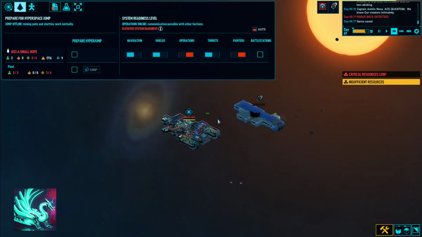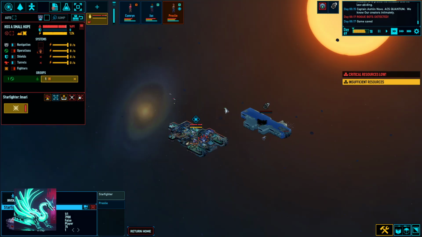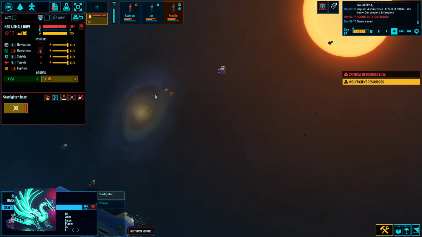Fighters are slow getting out there. So he should be going after the robots. The robots are shooting at the ship, which is good for us, I think. He's actually kiting the robots. That's really interesting. I wonder if that's...